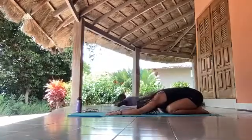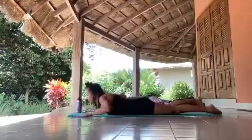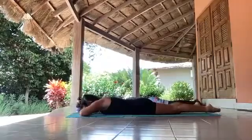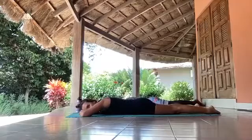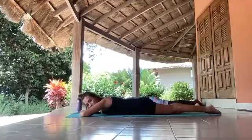Take a breath there. And then you're going to slide yourself out onto your abs all the way down onto the mat, folding the forearms together. Let the forehead relax down onto the forearms and shake the pelvis out. So letting go of any tension in your sacrum and in your low back. Feel your belly button draw to your spine as your hip bones and pubic bone press down into the mat